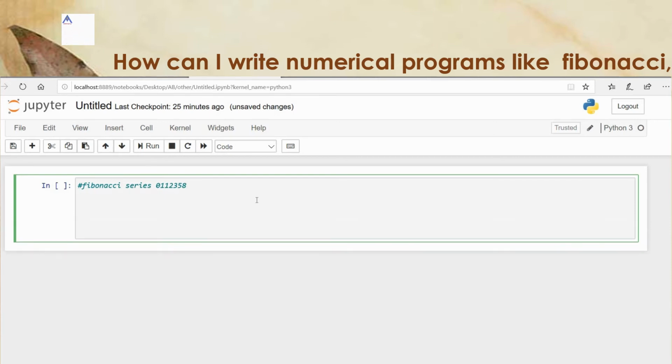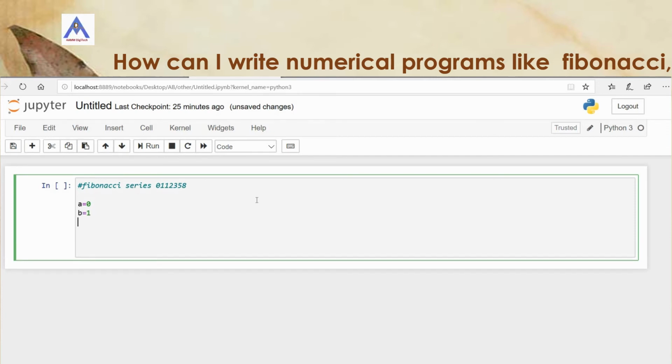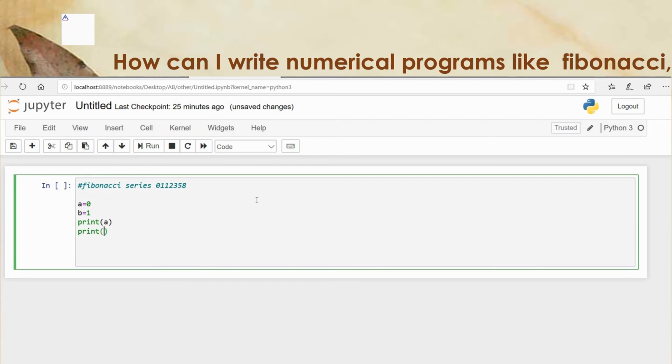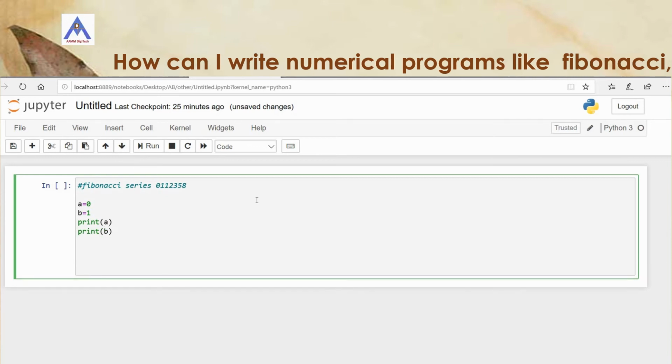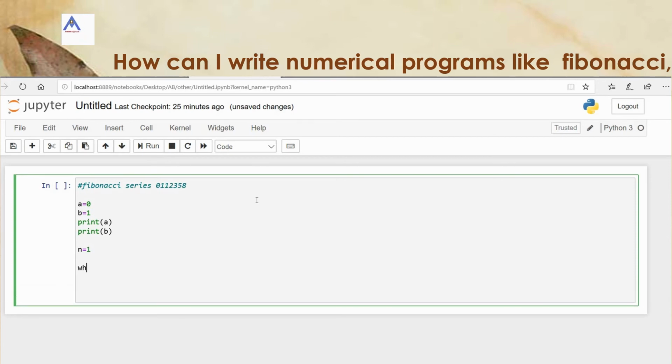In this case I am writing a equal to 0, the first value, b equal to 1, and these two will be printed. So print a, the first value, print b, the second value. First values printed. Then I will assign n value equal to 1. Now I am going to use a while loop for n less than 10. So this will be up to 9. Nine numbers except these two. These two are already printed. After that we print 9